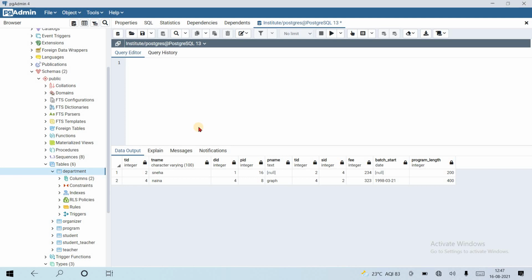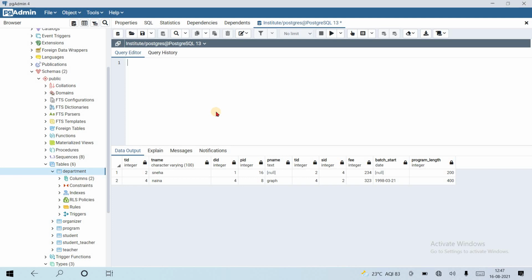Okay, let's see. The right join returns every row from the right table, plus the rows that match values in the join column from the left table, opposite to a left join. When a right table row doesn't have a match in the left table, the result shows no value. Okay, let's see.